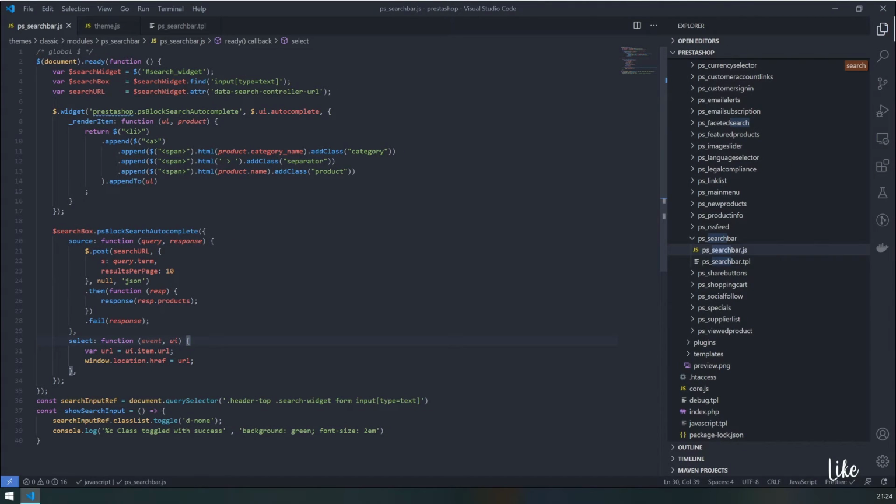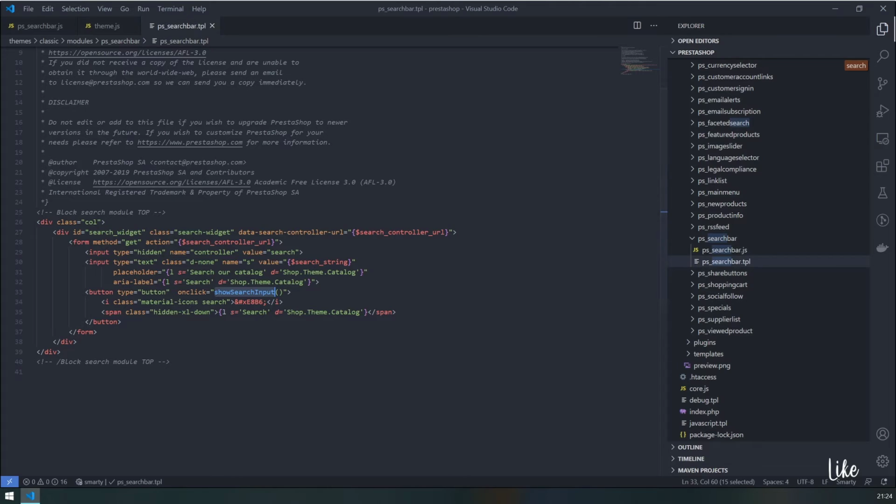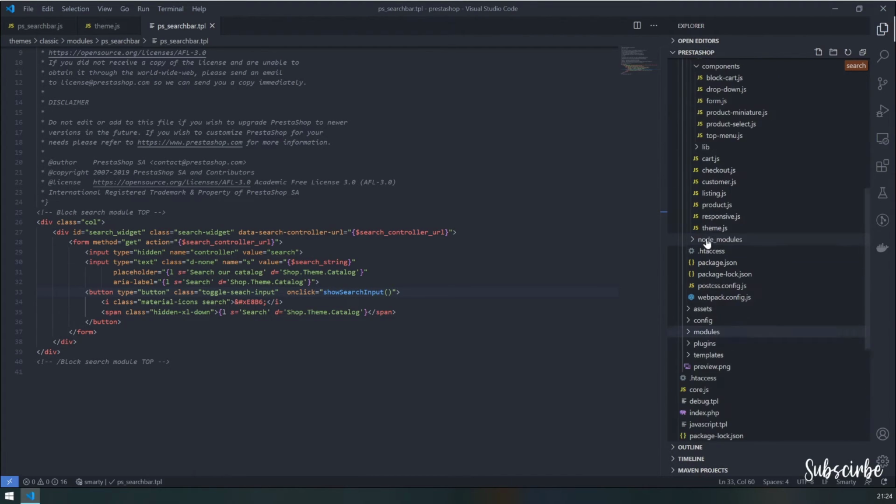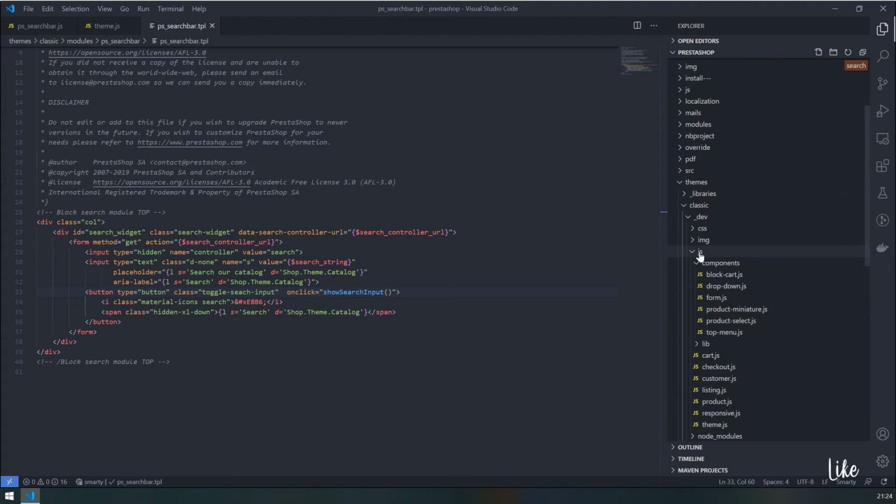So how to do that? Now I have to go back to the search bar.tpl, find that button, and here I will add a class, and I'll call this toggle search. Well, this is a class, so we have to use this notation, period or whatever it's called, search input. All right, and we have to go back now to our directory where we do have development assets, CSS